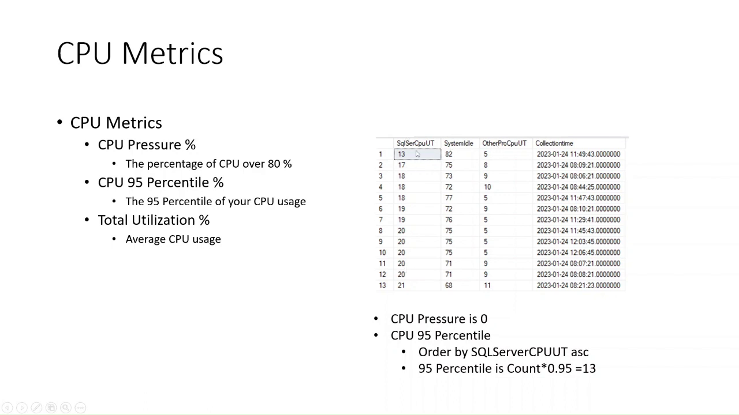The 95 percentile is going to look at this and order by the CPUs, multiply by 0.95, and the 13 is going to be your 95 percentile. So here the 95 percentile will probably be 13. So that's the difference between the 80% and the 95 percentile. Sometimes you're going to see the pressure is always 0, just because the numbers are well below